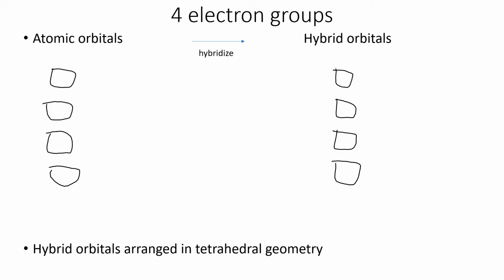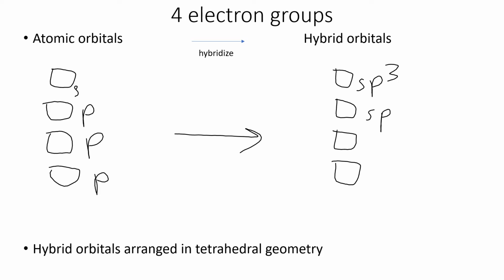Which atomic orbitals am I going to use? Well, I'm going to start with the s, and then I'm going to use the p's. I'm going to send those in, hybridize and take that linear combination. Out are going to come those four hybrid orbitals. Their identity, that third guideline, is based upon what was used in their creation. So we used an s and three p's. So we call this type of hybrid orbitals